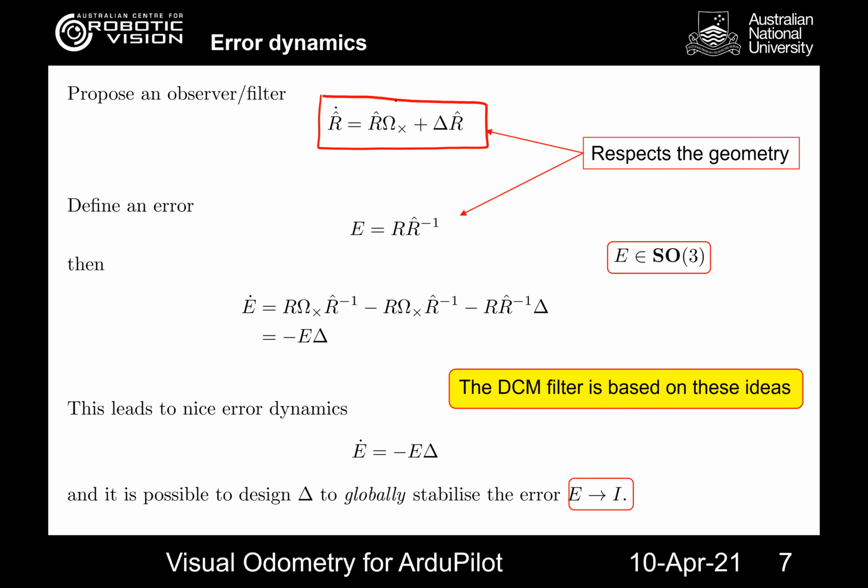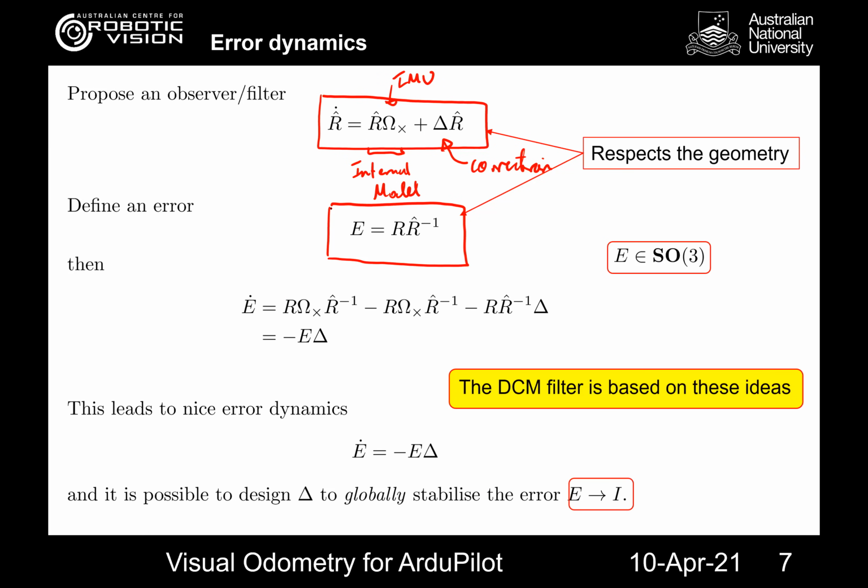And so we have an IMU measurement, so we can put what we call an internal model, which goes in here. That gives the best estimate of what we expect to happen, and then we add on to that this correction term, something to look at the measurements you've got and make R hat go to R. That's the idea of the observer that's embedded in the DCM, and indeed embedded in all of the EKFs now. But the really important part, the thing that makes it work really well, is this idea